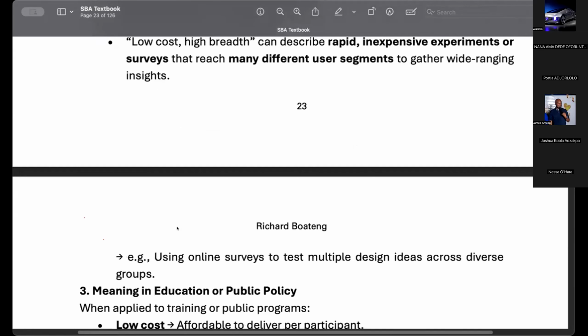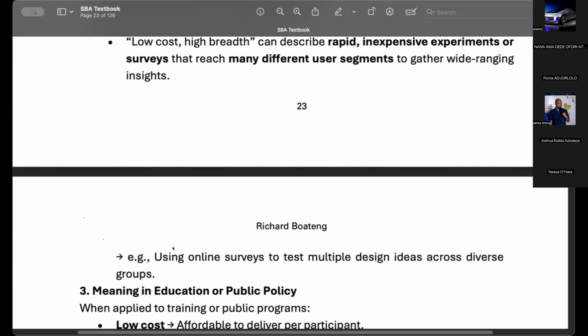So you end up realizing that an online survey is relatively low cost, but it can be used to gather data from so many people